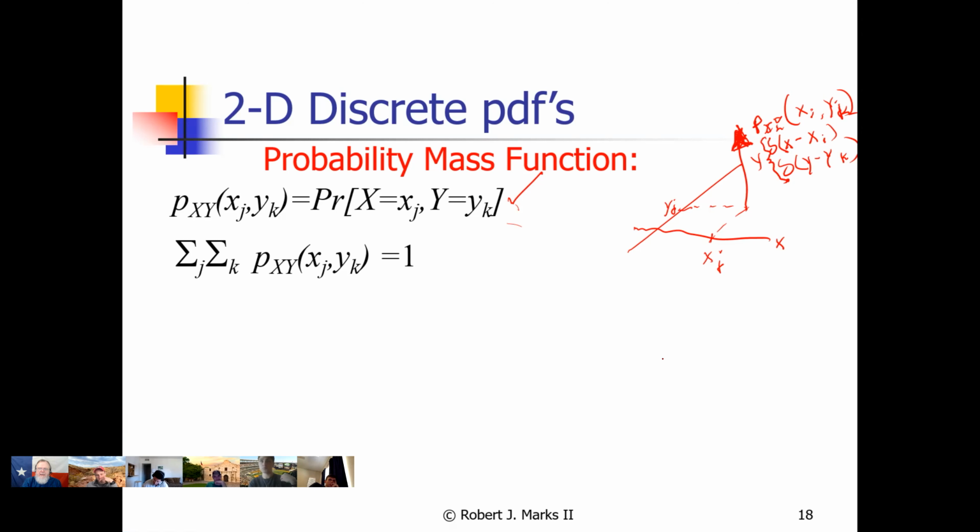We can think of a probability mass function, if everything is discrete, as being a bunch of Dirac deltas coming up out of the board here, each one at a different point. Some are going to be a lot bigger than others. So we have a number of Dirac deltas coming out of the board. If we add up all of these probability masses, you remember that the total area of a probability density function is equal to 1. So if we add up all of these probability masses under all of these Dirac deltas, they would sum to 1.